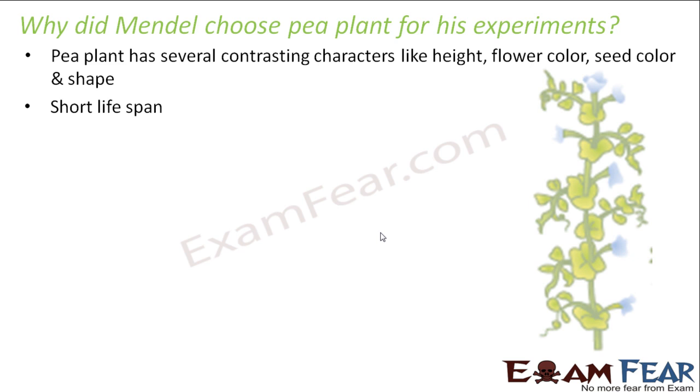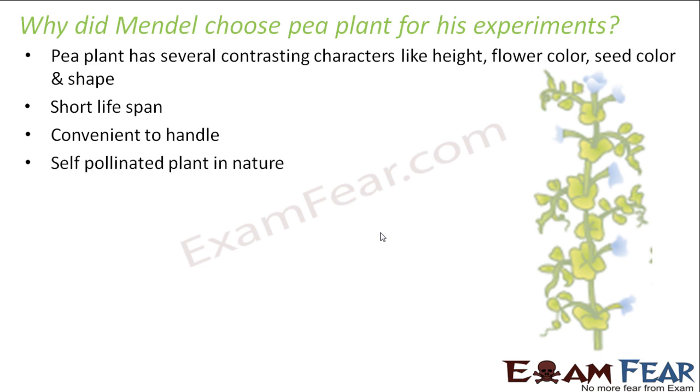But if it had a long lifespan, and he had cross-pollinated a set of plants, the next set of plants would take a long time to live its own life. So when he thinks of self-pollinating that plant, it will be too late, right? He could not have performed a series of experiments with a plant which had a bigger lifespan. So having a short lifespan was advantageous for Mendel in performing his experiments. They are also convenient to handle, not very big or heavy, so they are very easy to handle.